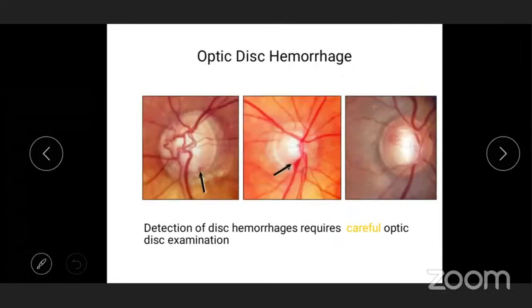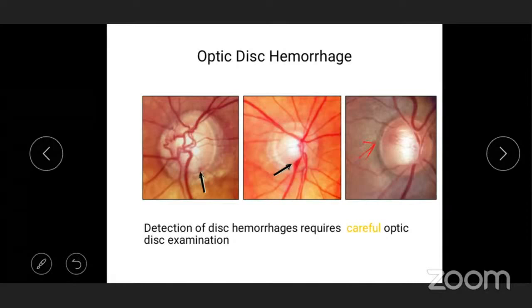Then the hemorrhages can be obvious or they can be hidden. They can be subtle, like I told you. So they mean that the glaucoma process is active. That means you may need to lower the pressure further. And this one is at the disc margin. So it may be hidden in the rim, the color of the rim, if it is pink and healthy. So this one is actually, I'll just remove that arrow. So you can see the disc hemorrhage, this one.